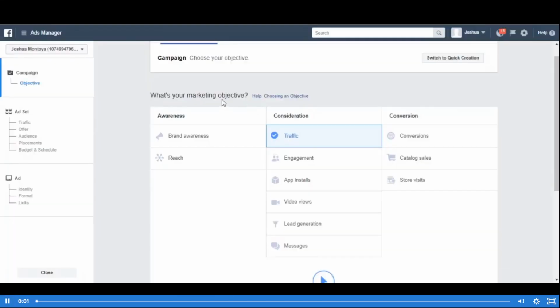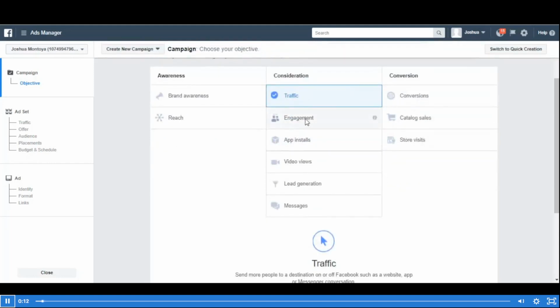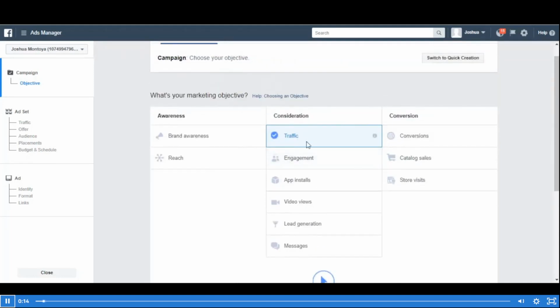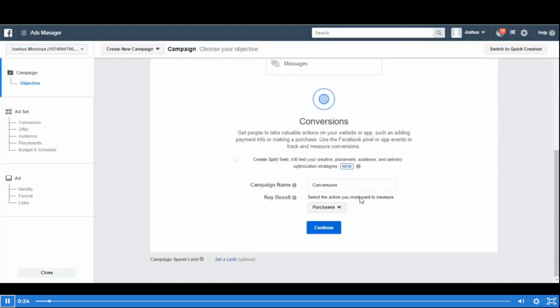Alright guys, so outside of just promoting our products to our list, we can also use Facebook advertisements for that. And unlike books, you're probably used to the old way of promoting it through engagement campaigns and traffic campaigns. Although you can use engagement campaigns, what we primarily use and what's gotten us the best conversions is conversion campaigns. So let's click on conversions, and then we're going to come down here and we're just going to name